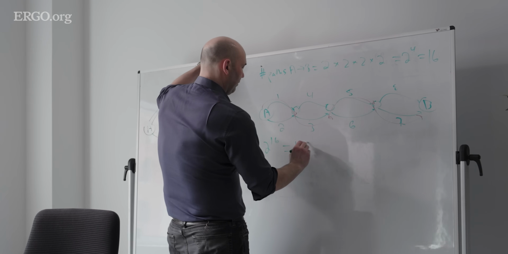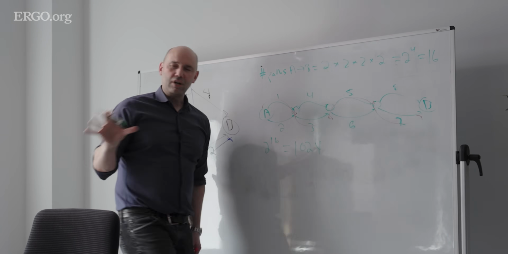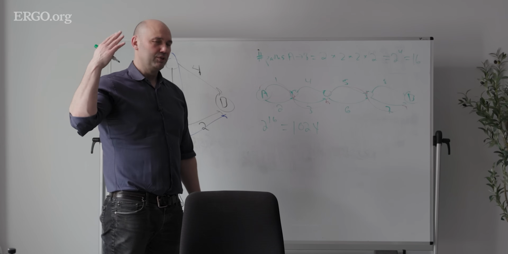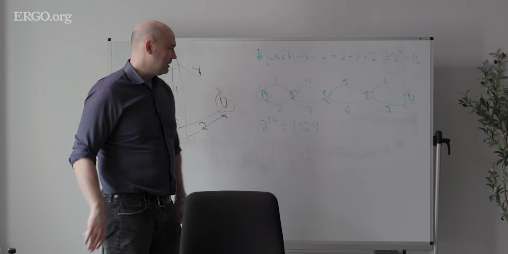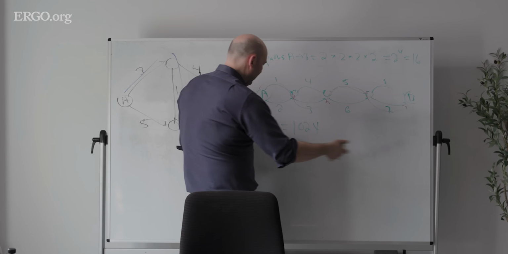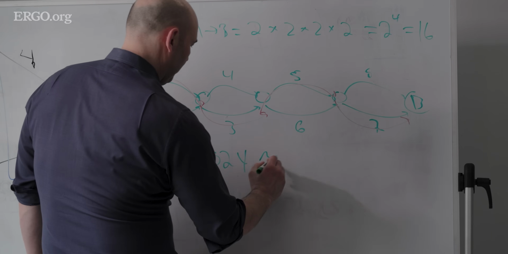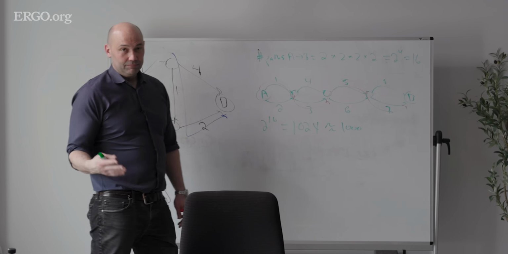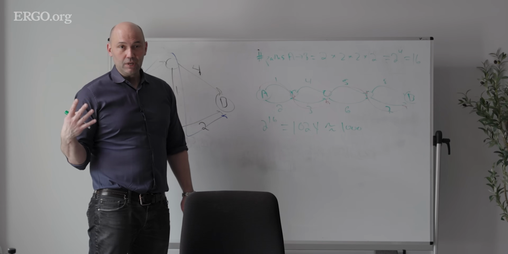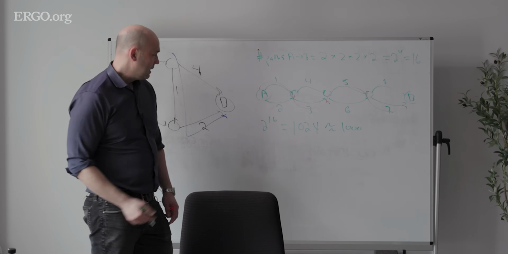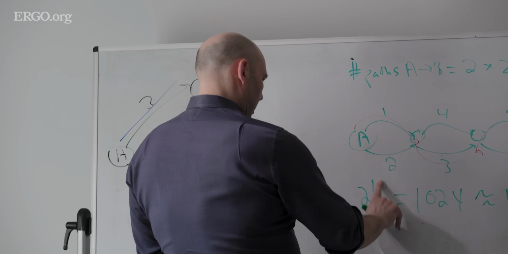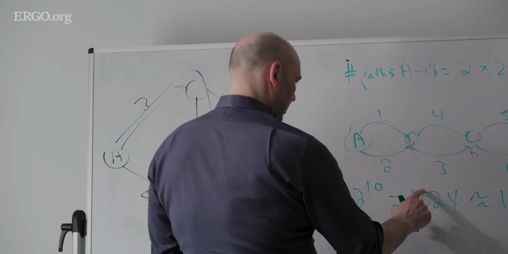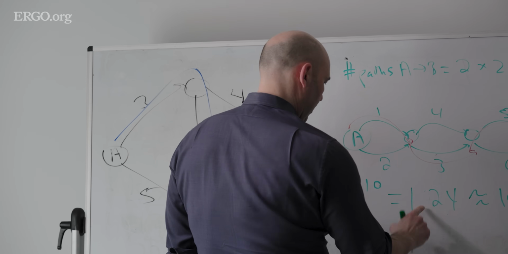Which is 1,024. You're always talking to a computer scientist when they just have all the powers of 2 automatically memorized. Definitely means it's a computer scientist. Among friends, 1,024, let's call this 1,000, okay? That would be a pain as a human to go through. Obviously we could do it. A computer could definitely do it. Sorry, this is a 10, 2 to the 10.